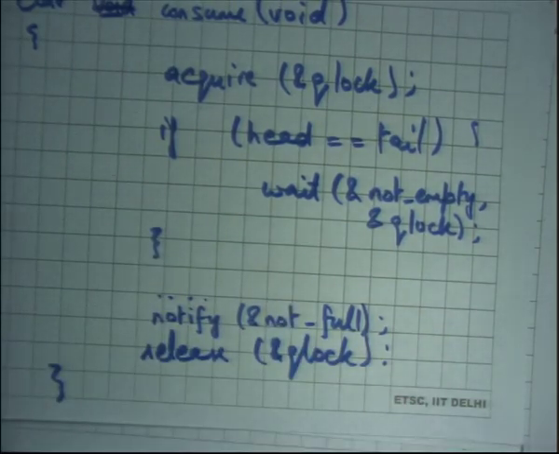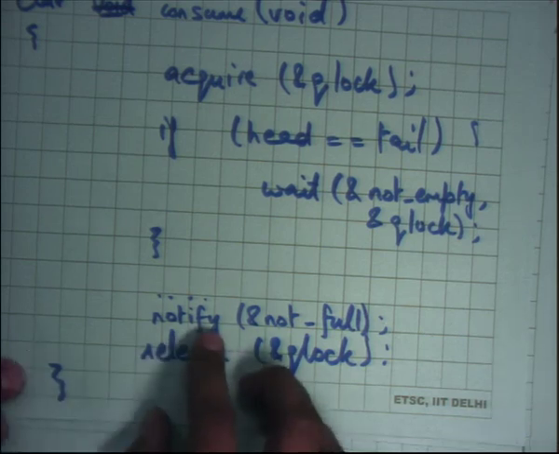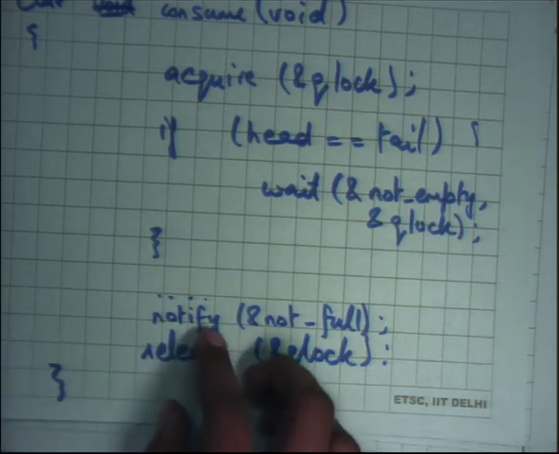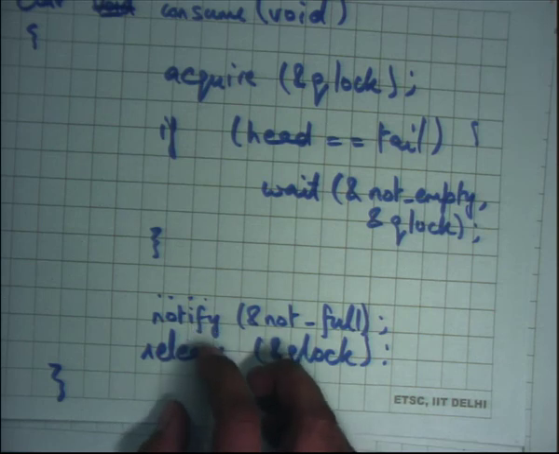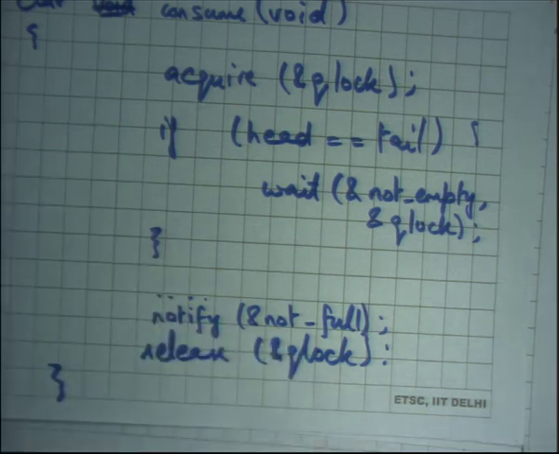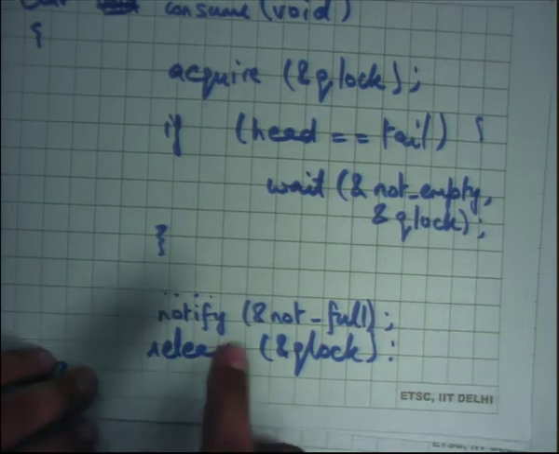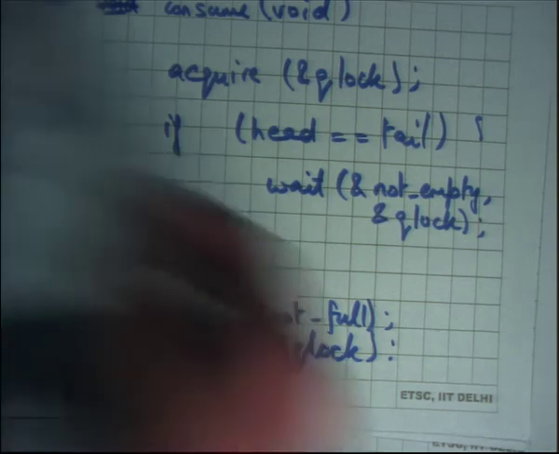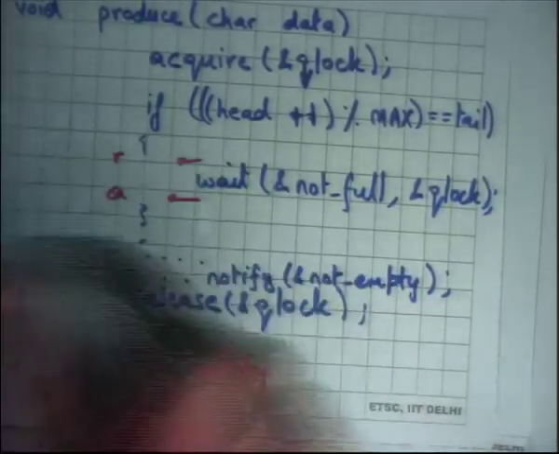So even though I have notified the producer, the producer has just woken up, and the next thing it's going to try to do is acquire the lock. In this code, it's possible that the producer gets to run before the consumer actually gets to execute the next statement, and so it's possible that the lock is still held by the consumer. So he's going to try to acquire the lock. He'll not get it immediately, but eventually he'll get it because the consumer is going to release it, and so now he can get it and continue his operation.